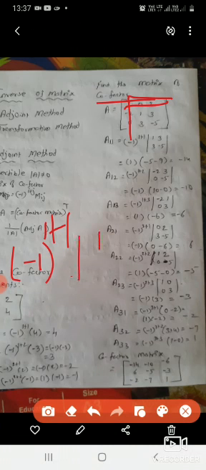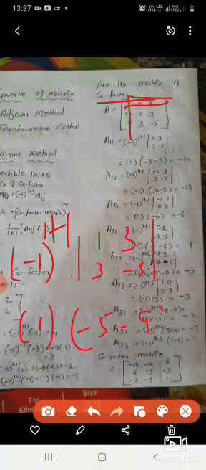Now listen, in this one, first A is given, the cofactor matrix you have to find out. A11 means first row and first column you have to leave. So A11 means minus 1 the whole power 1 plus 1, and the first row and first column you are leaving, therefore you are getting 1, 3, 3, minus 5. So minus 1 the whole power 2 is plus 1, 1 into minus 5, minus 9.